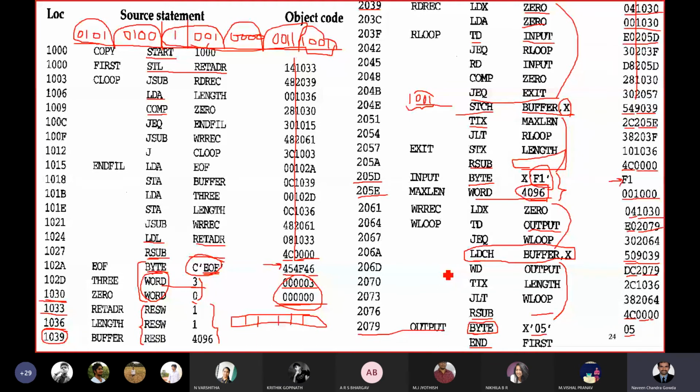As I already mentioned, the last address is 207A, because 79 plus 1 is 207A, and when you subtract the first address from the last address, we get the length of the program as 107A. Keep that in mind. Students, before I continue, does anybody have any doubts? Are you guys understanding? Yes, sir.